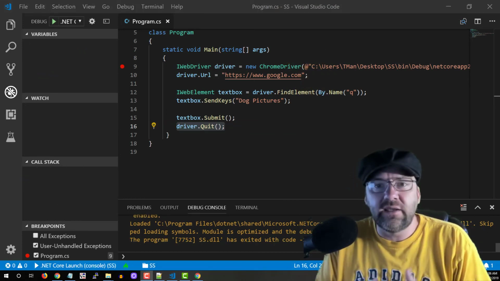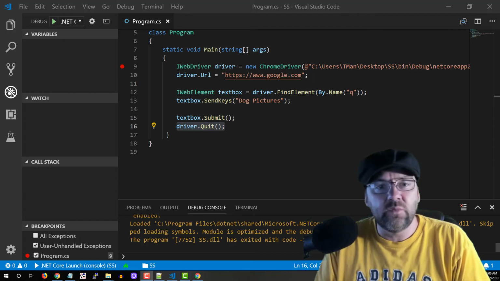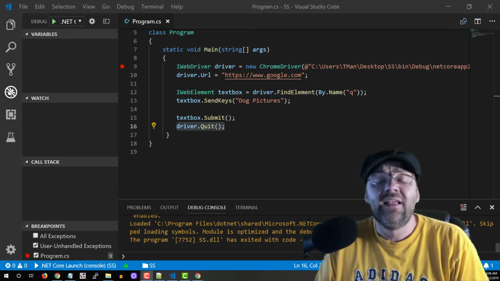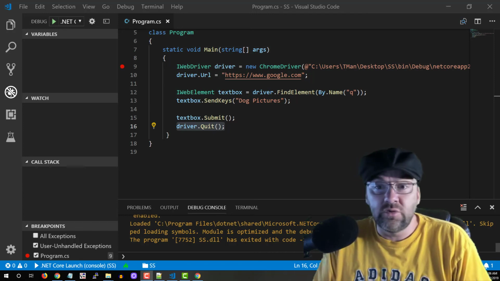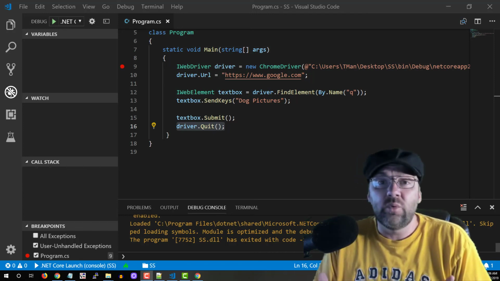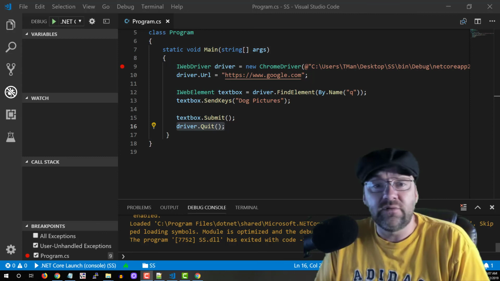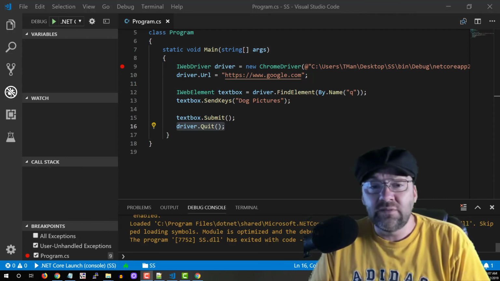Okay, so I just showed you how to get to Google, how to type in something. We can do all kinds of websites this way. Let me know if you have any trouble. This is a good way to learn Visual Studio Code, too. It's also pretty fun. If you have a website that you want to search or submit to, one way that